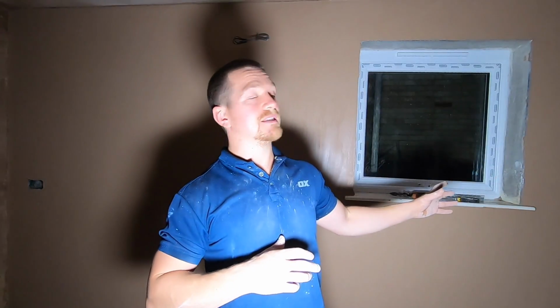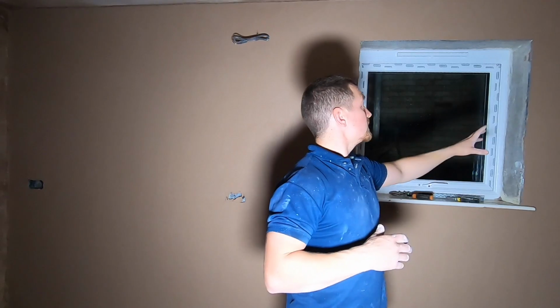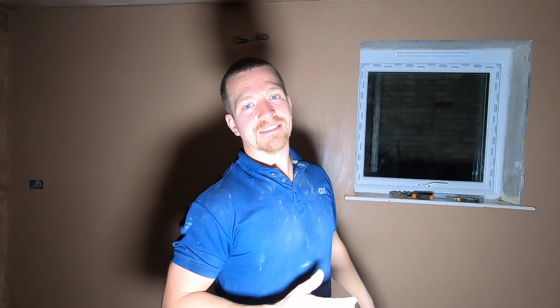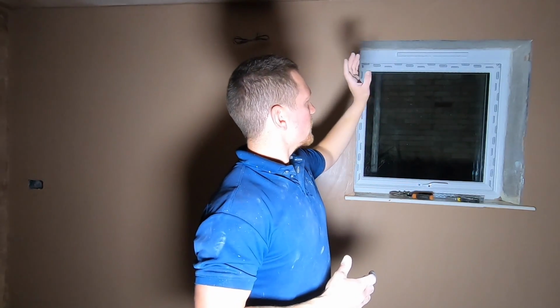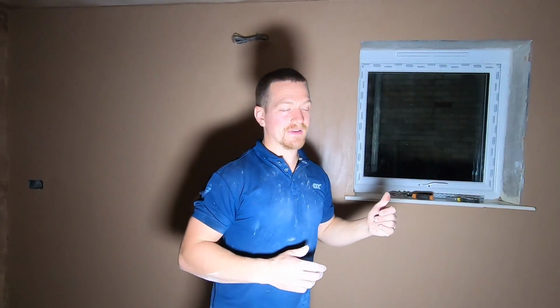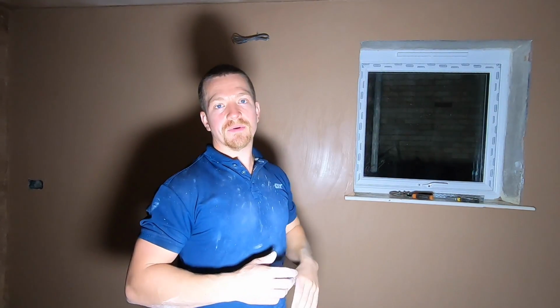We're about halfway into the process of flattening this wall, and if you were asking what I'm doing with these reveals, this is actually my house and I'm plastering right now. This is my new kitchen. Don't like the kitchen at the moment, but they've got to adjust these windows. Otherwise I would have shown you how to plaster these reveals, but unfortunately they're going to make some adjustments and I didn't want them coming in smashing up my work. So in this video we're not going into that,